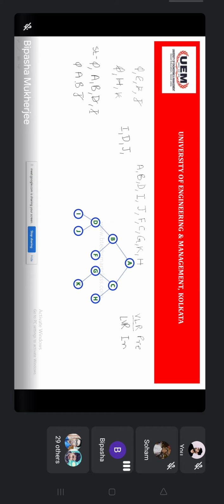Next, again track back, you are in the B now. Okay, so when you are in the B, what do you need to do? B has one right child.